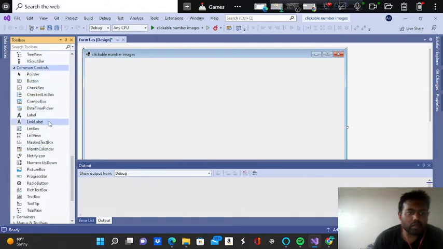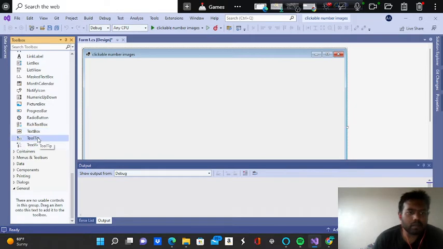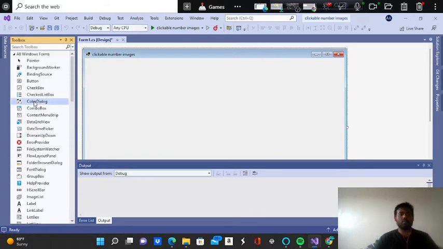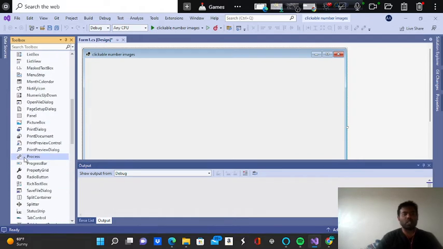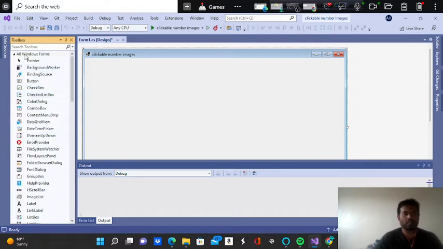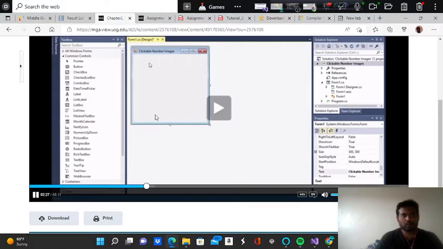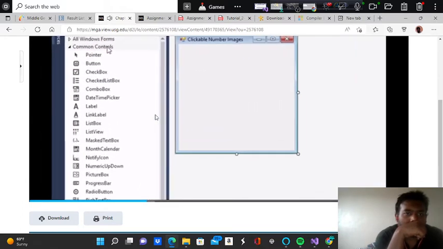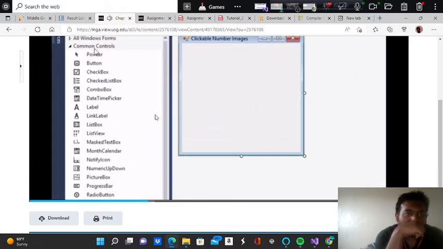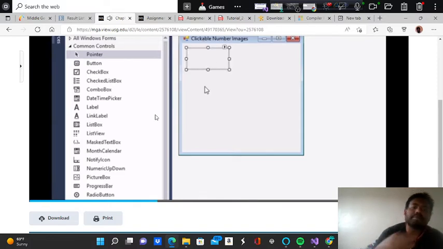I have common controls here. But why didn't it show me all the controls here? The first picture box control. Remember that the picture box control is found under the common controls in the toolbox, and right there it is. I'll just double click picture box and I'll pull it away from the edge of the form just a bit,